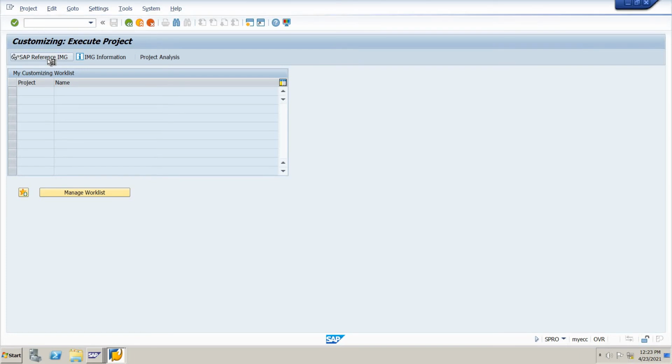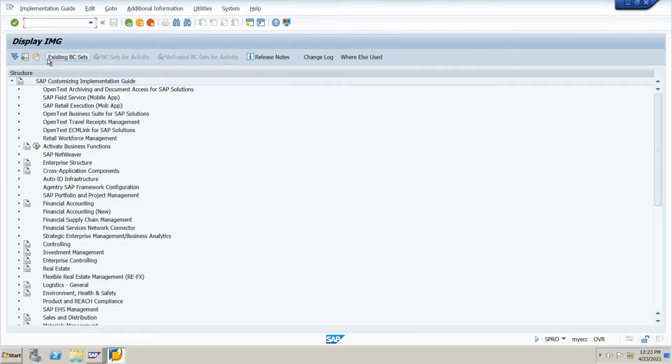In general ledger accounting, we have two screens, the consultant screen and the SAP end user screen. First, we are going to see what we call the creation of the general ledger accounting master data. In the path, we have to go to financial accounting new.